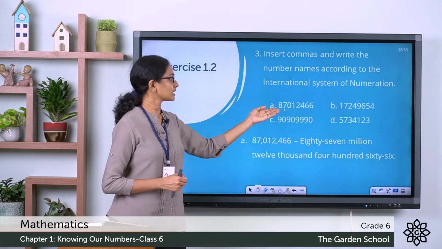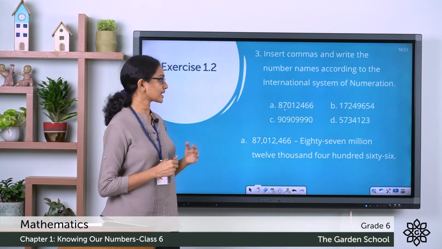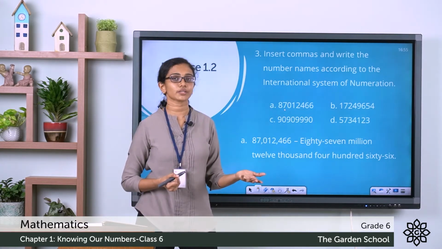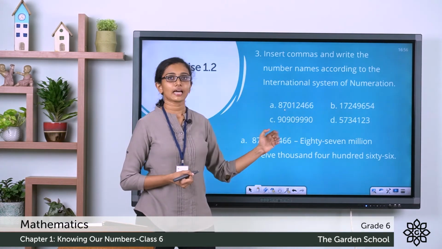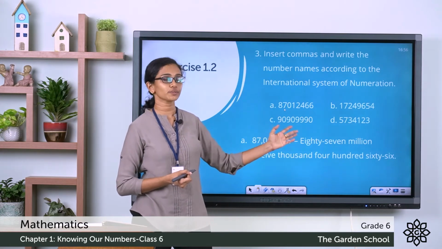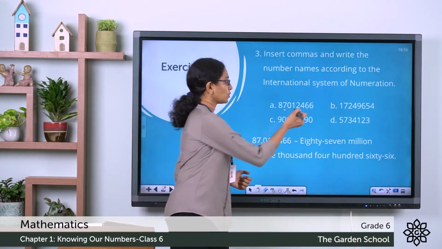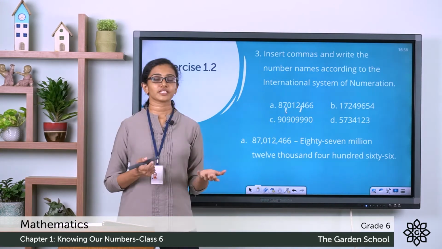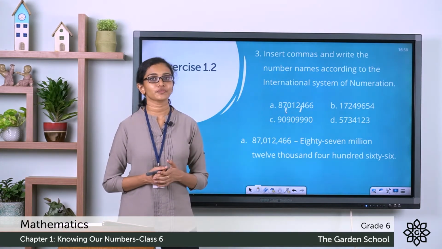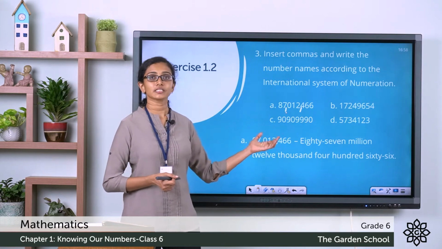The first number here is this one. I'll show you this example. So where do you insert commas? You have to count 3 places from right to left. And after every third place, you are going to insert a comma, right? So 1, 2, 3. Here 1, 1, 2, 3. Here 1. So just like in the case of the Indian system of numeration, here in this International System also,